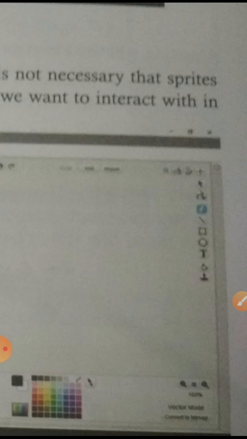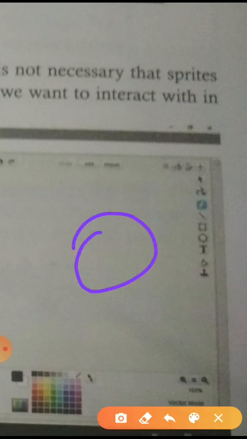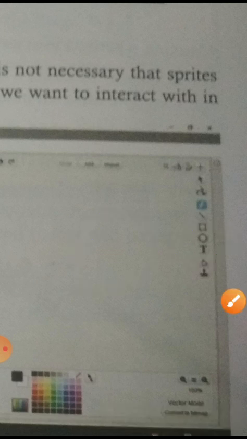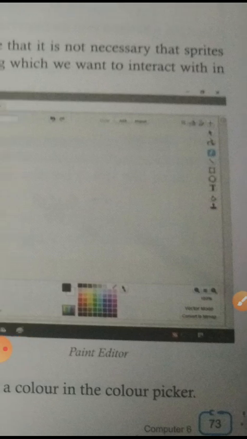If you want to insert images like a square or a circle, or if you want to write some text, you just click on this T option to write that. Suppose you want to insert this type of text, like "oh my god", use this text tool as a script.